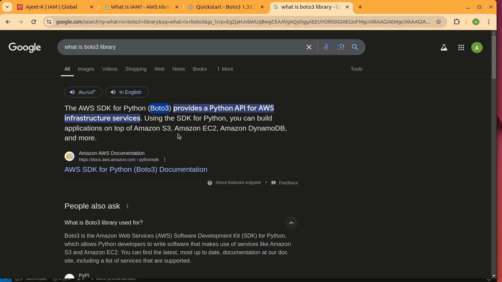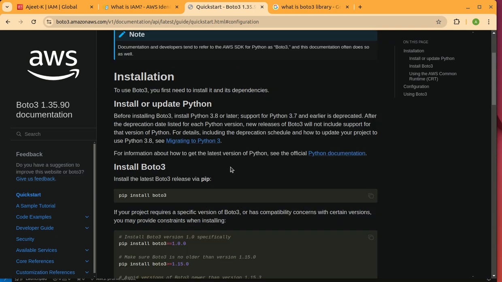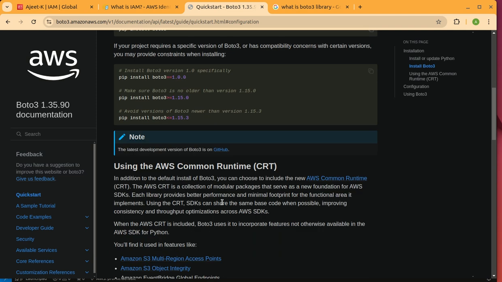SDK means software development kit. So what we are going to do is create a Python script to interact with our AWS services. It is very important for DevOps, SRE, and platform engineers. Here is the official documentation of Boto3, where it's mentioned how to install and set up Boto3 to interact with our